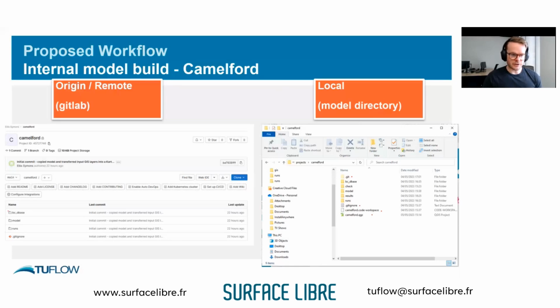On the GitLab server, or on the cloud instance in this case, it just looks like this. So you can see it just looks like a normal folder structure, minus the results and check file. In here, you can do things like see the commits. So there's only 1 commit in this history, but if there was more than 1 commit, you could go to that history and look at the commits and the messages, and you can see what has changed between commits and things like that. So you can see here, it just tells me the latest commit at the top, and it's just by me. And it's just me setting up the repo for the first time.